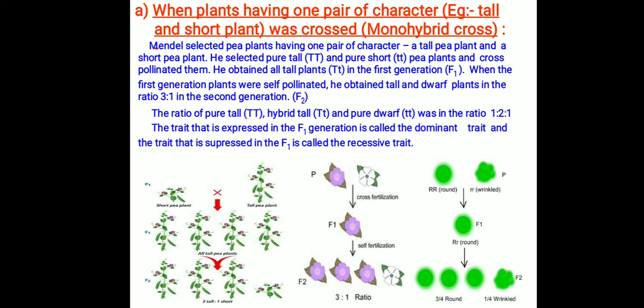And the recessive gene, which remains suppressed in most of the crosses, can only express itself when it is in homozygous condition. For example, small t small t will give rise to a dwarf plant. Again, in cross fertilization of flowers, small w small w will give rise to a white flower, and small r small r will give rise to a wrinkled seed. So today we have discussed the topic till the monohybrid cross of Mendel, where he is taking only one general character of the plant.